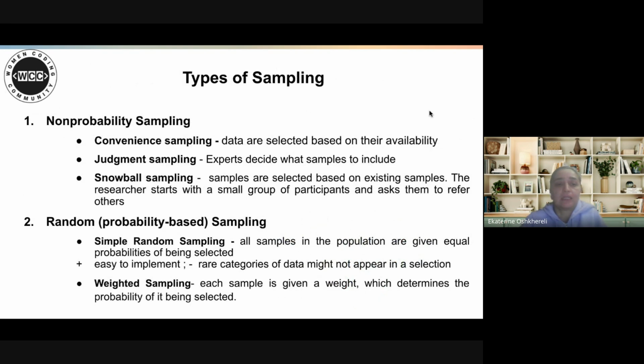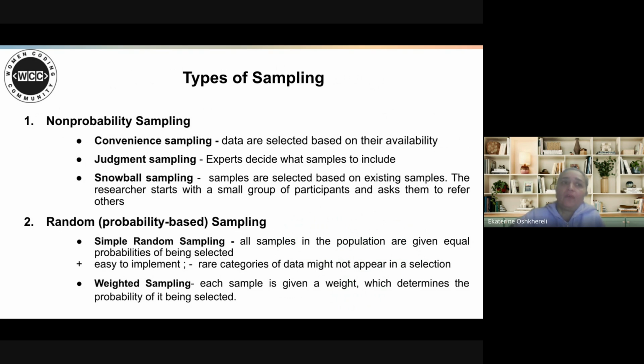There are non-probability and random sampling methods, and each of them contains different types of sampling. Non-probability sampling is not so reliable because it tends to bias data. It's just easier to obtain some data. For example, convenience sampling is when data is selected based on availability.